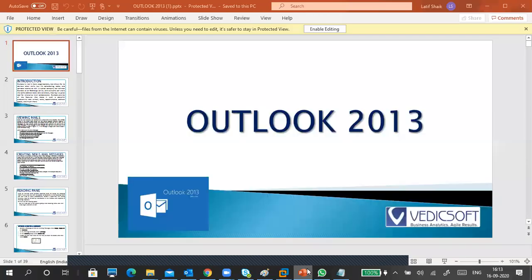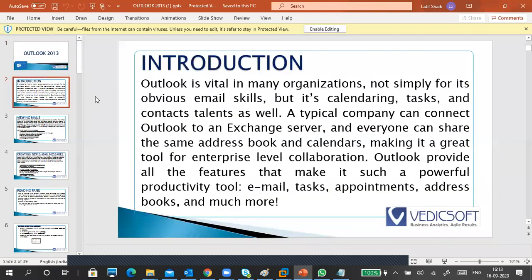I already sent these PPTs to you. Just go through the PPT. This is the 2013 model PPT. We use 2019, so maybe the options are a little bit different. This is also prepared by Madhusudan Reddy sir, the Hyderabad lead trainer. You can go through it once if you have any other things and doubts.